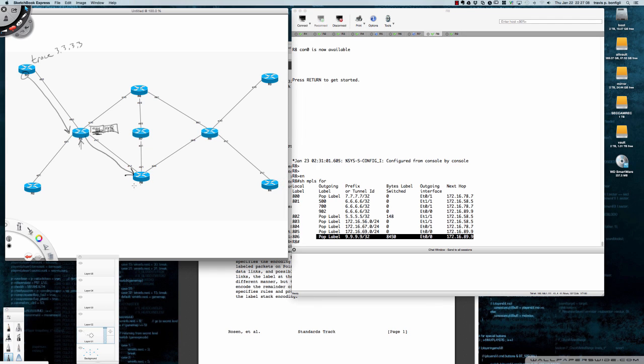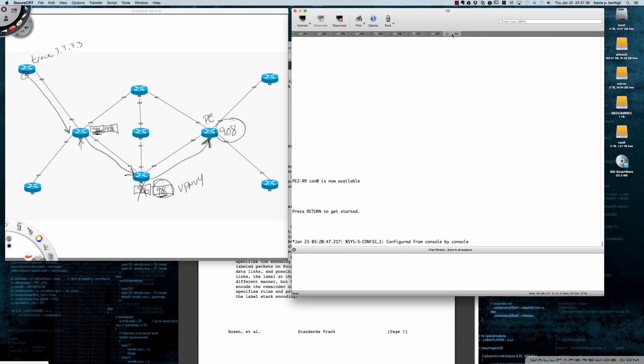So router 8 says, I'm going to go ahead and with the 806 label and the 908, I'm going to pop off 806, and I'm going to fire it over here to its next hop, which is router 9. When the PE gets it, right, the provider edge router is going to receive it. The only label left is the VPN V4 label. And so then the provider edge router is going to look at 908, right? It's going to look at 908 here. And if we come over to the provider edge,